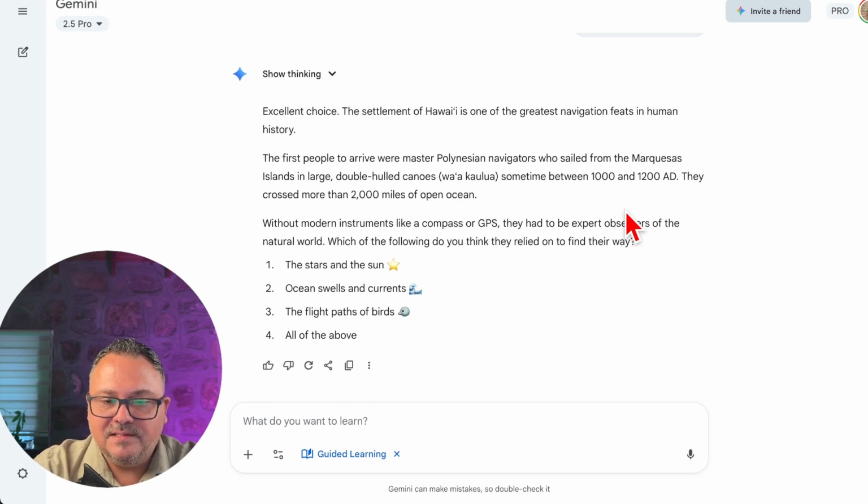So what's next? It's asking which modern instruments like a compass or GPS, they had to be expert observers of the natural world. Which of the following do you think they relied on to find their way? So it's really perfect at teaching me anything you want. It can be math, it can be geography, it can be history, step by step, like a personalized